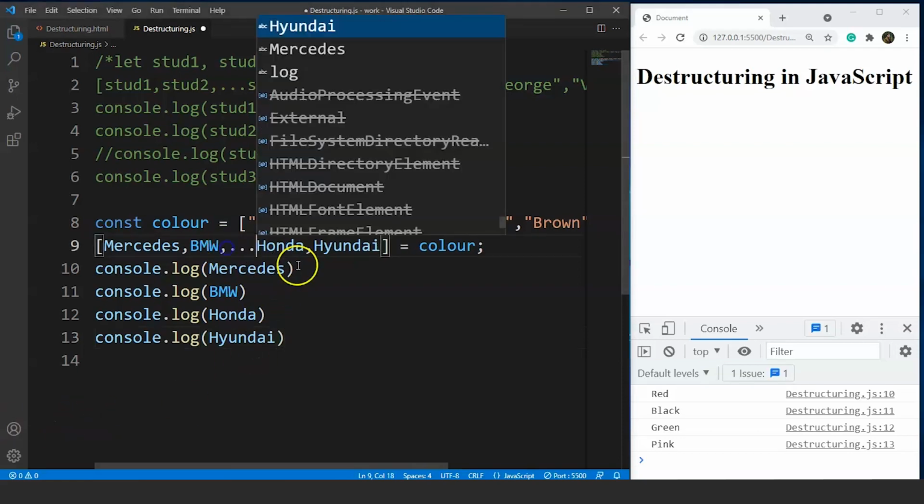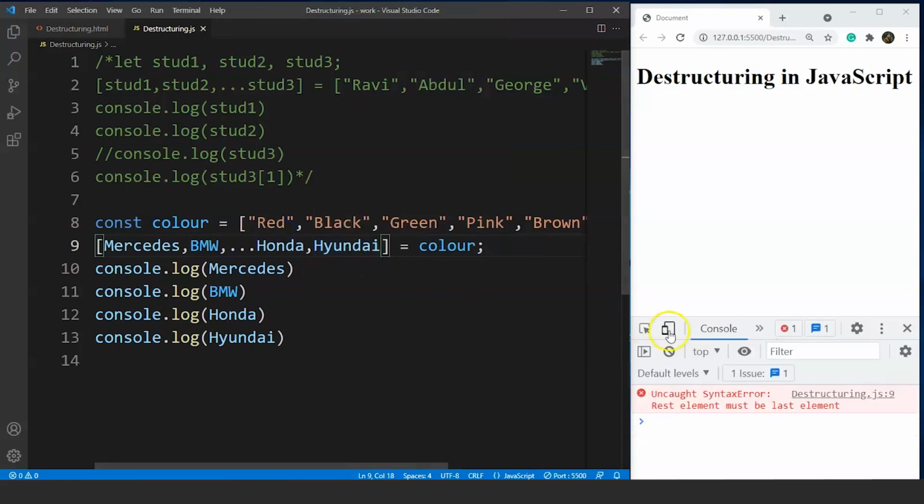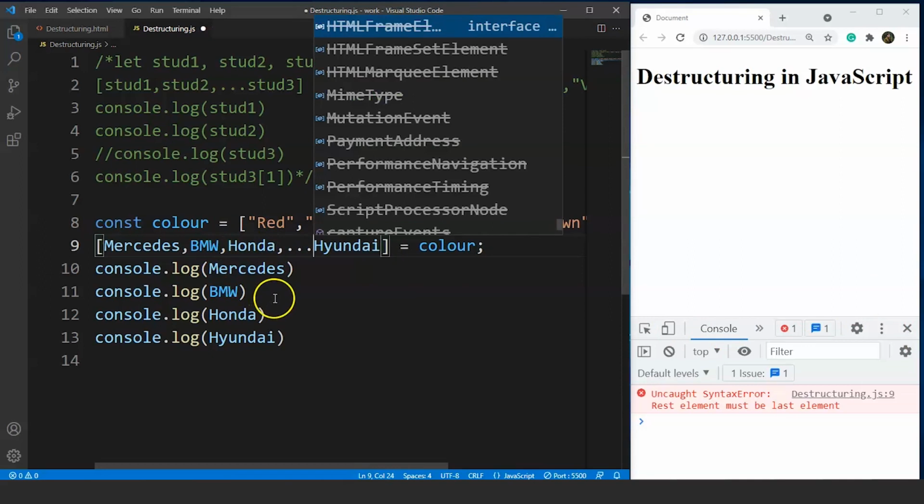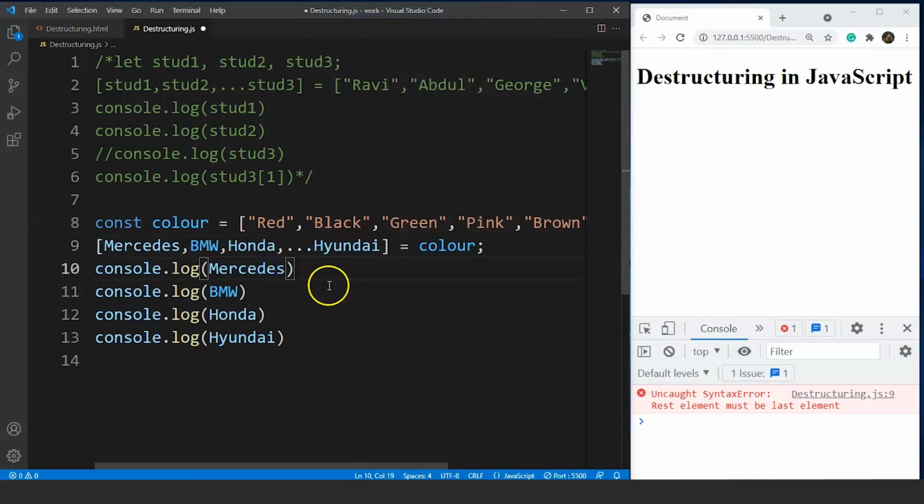So what we'll do is we'll assign all the values to Honda. Fine. Save it, and you can see an error message over here on the console. It says rest element must be last element. It means that JavaScript will not allow us to assign the values to any other element other than the last element. Now what we'll do is we'll assign the values to the last element again. So we'll remove these dot notation from here and we'll put them here before Hyundai because Hyundai is the last